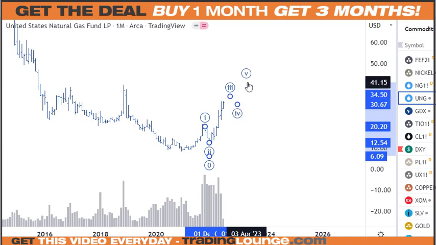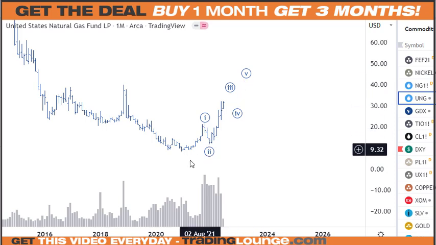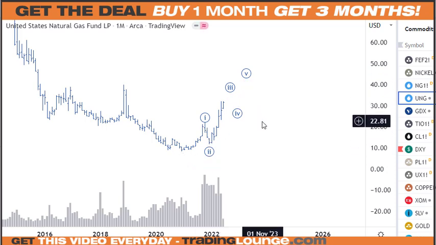Because, if we are looking at 5 waves from the low here, then we're going to have a correction and then have another 5 waves, aren't we? So, the gas